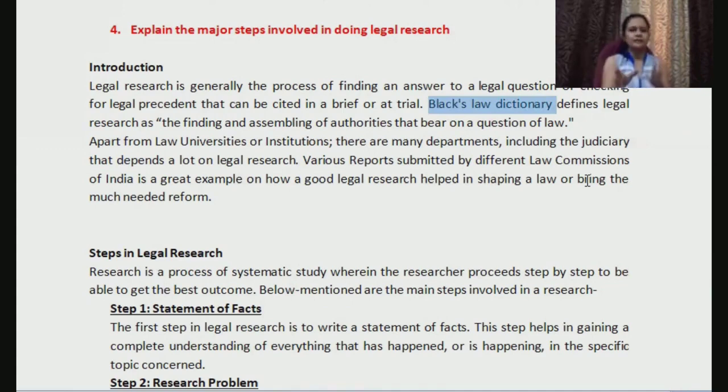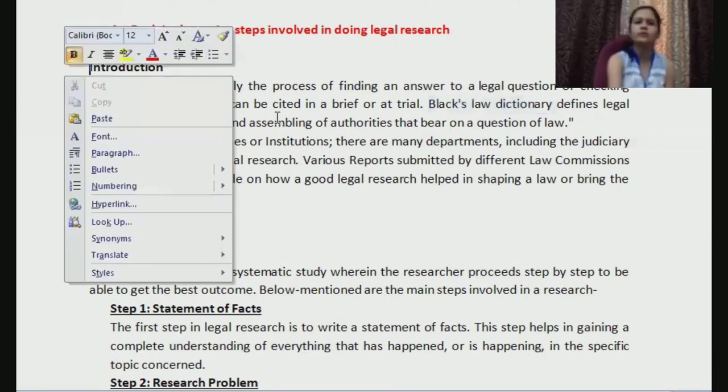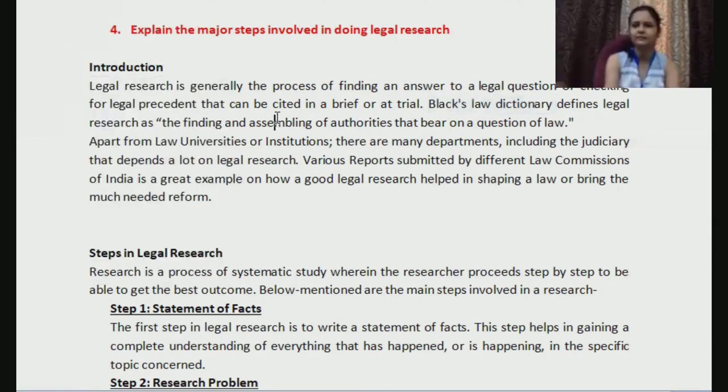So like that also you can see, you need not limit yourself to this particular point. You can frame your own intro as well, right? You can write that legal research is very helpful for a law student. Why? Because it will give him more clarity on the concepts. It may be helpful for a teacher as well to be more updated with what is going on recently, right? For a practicing advocate also it would be relevant so that he or she can get information regarding the case that he or she is fighting, right? Accordingly you can write one introduction in your own language also, right?